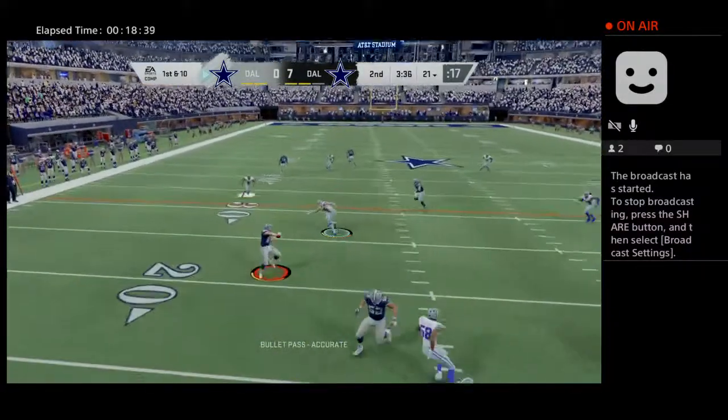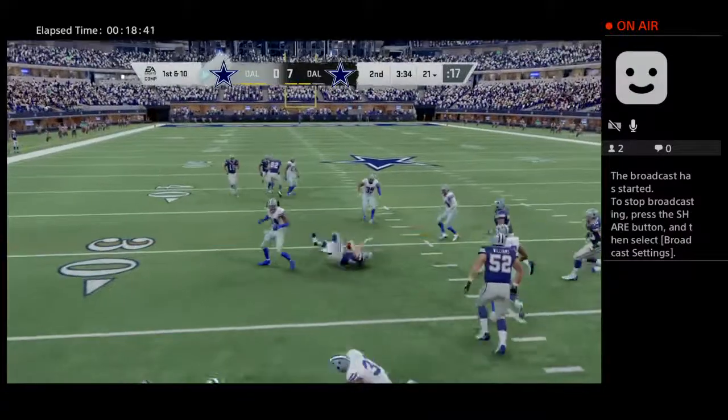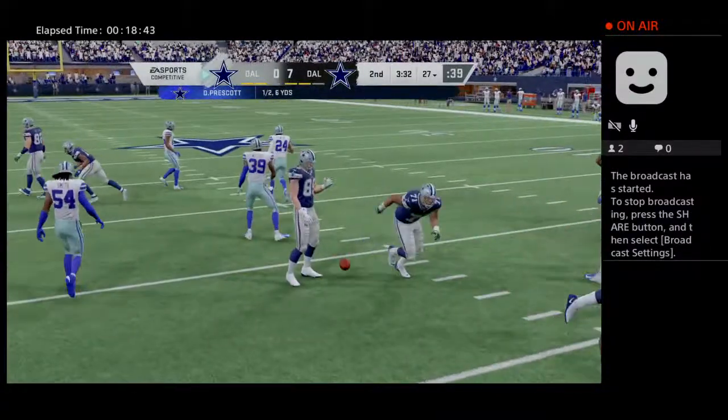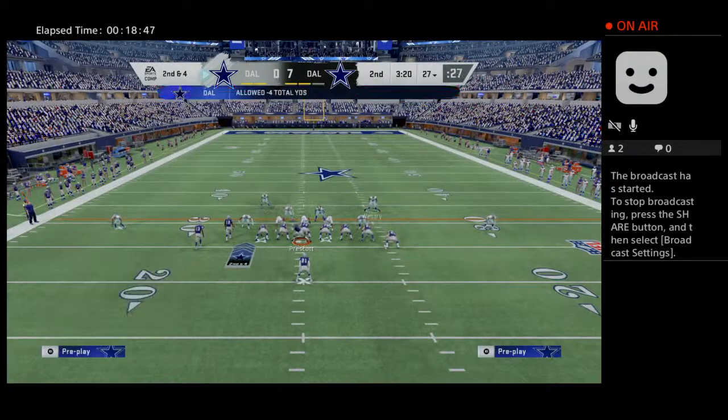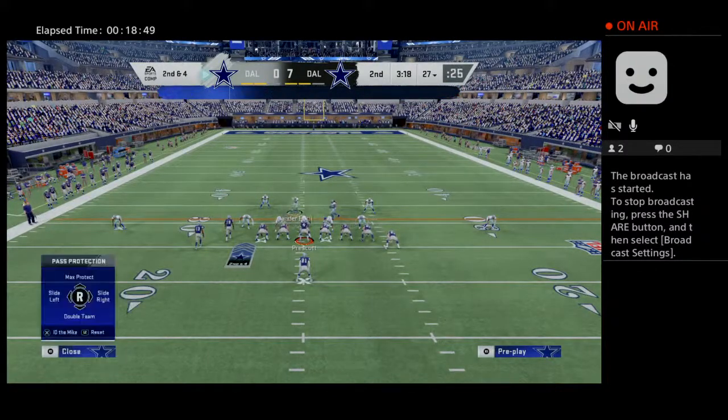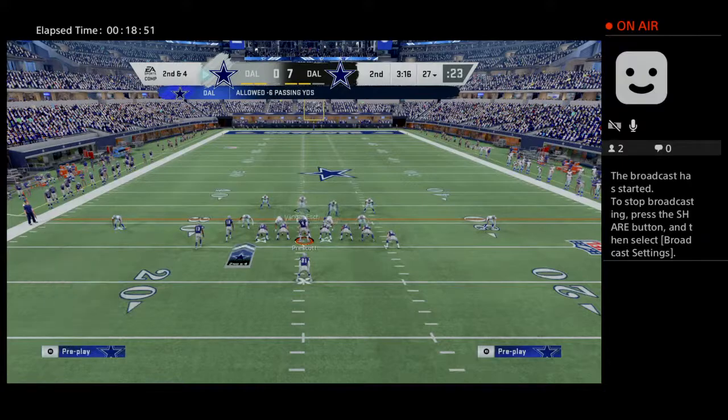Prescott now. And this is caught. A spectacular one-handed grab there. A gain of 6 there on first. 6 yards was the pickup on the last completion, so here's 2nd and 4. Now